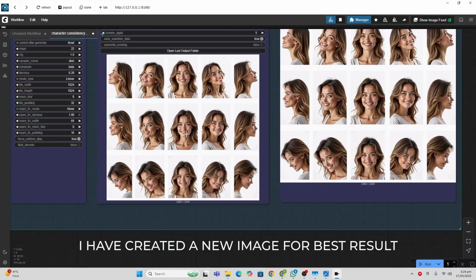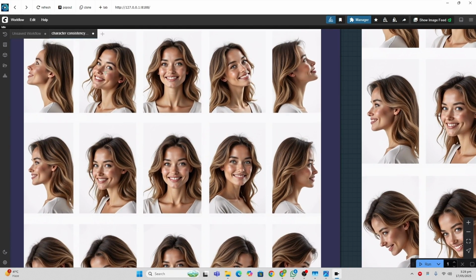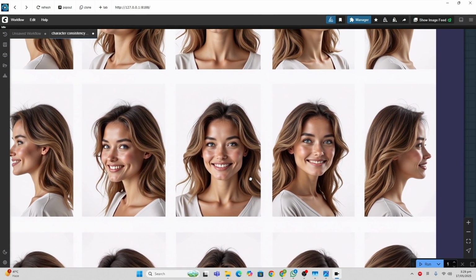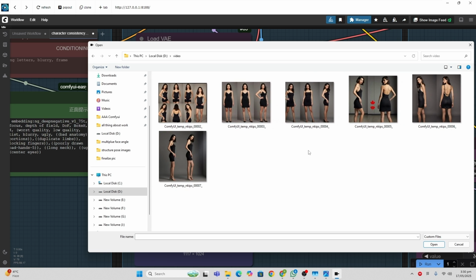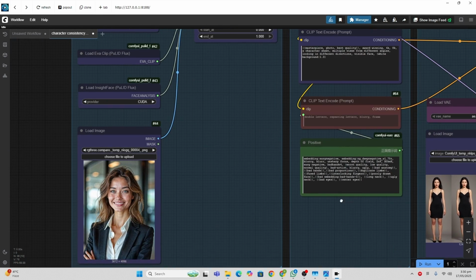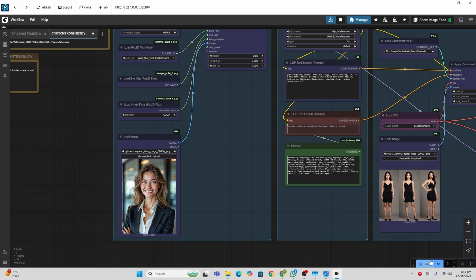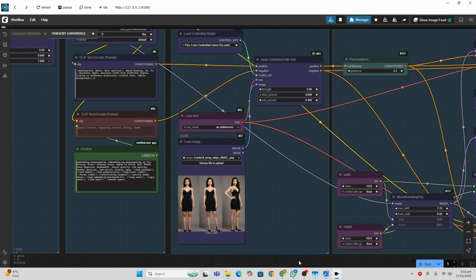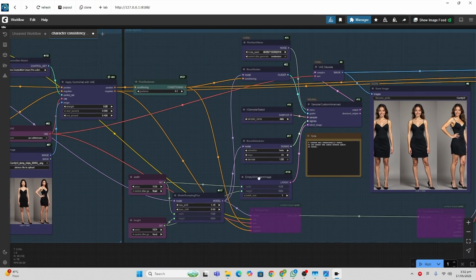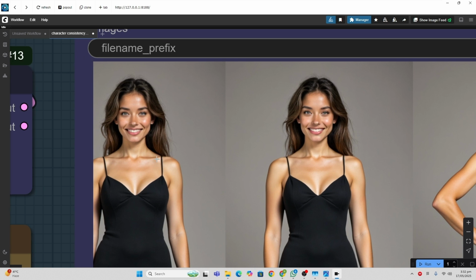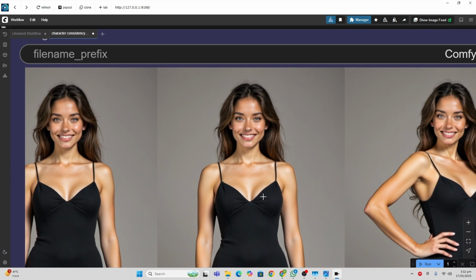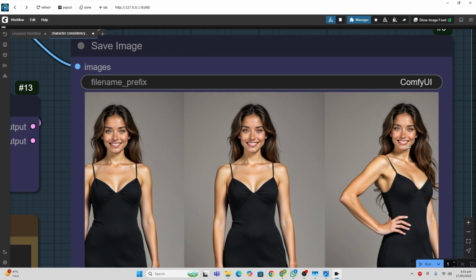Finally you can see the result. As you can see, the result is super good. Just see the consistency and tell me what you think. Let's move towards these things. We created these angles, so now simply click on it, add it here. You have to do nothing, literally run and wait for the result. Okay, so the render is finished, so let's see the results. As you can see here, we got the exact same face on every single one of them.